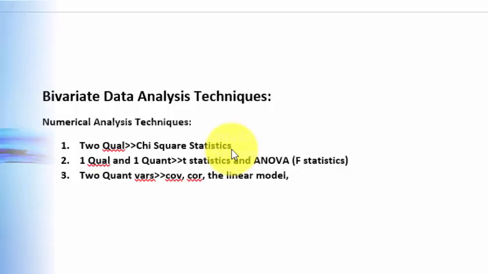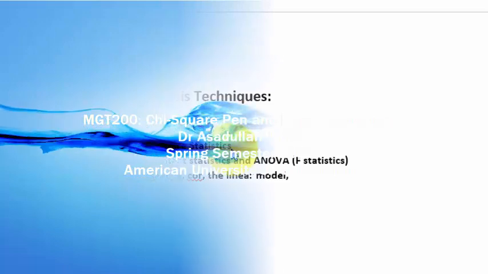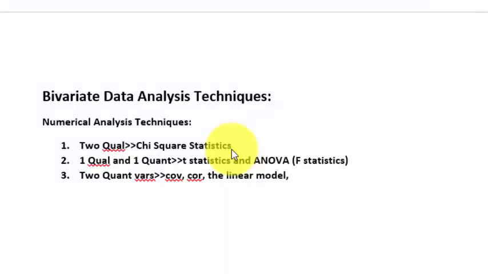As you know, we are in bivariate data analysis techniques, particularly numerical analysis techniques in 3 different categories. First category, where we have 2 qualitative variables. In order to see the association between those 2 qualitative variables, we use a statistic called chi-square. And the second case, where we had 1 qualitative variable and 1 quantitative variable, we use t-statistic as well as